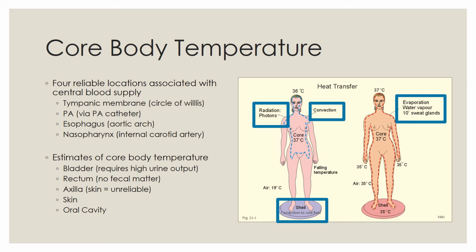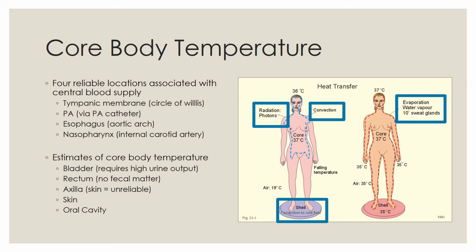So there are 4 reliable locations where core body temperature can be measured, and they're each associated with their own central blood supply. So there's the tympanic membrane, which is close to the circle of Willis. The PA, this is the gold standard because the PA catheter sits directly in the most major blood vessel in the chest. The esophagus, which is closely associated with the aortic arch, and the nasopharynx, which is closely associated with the